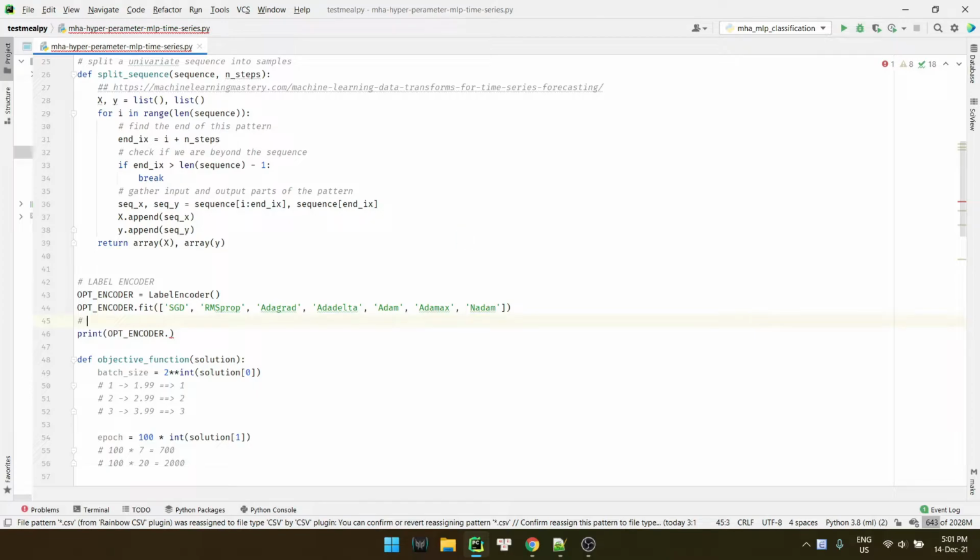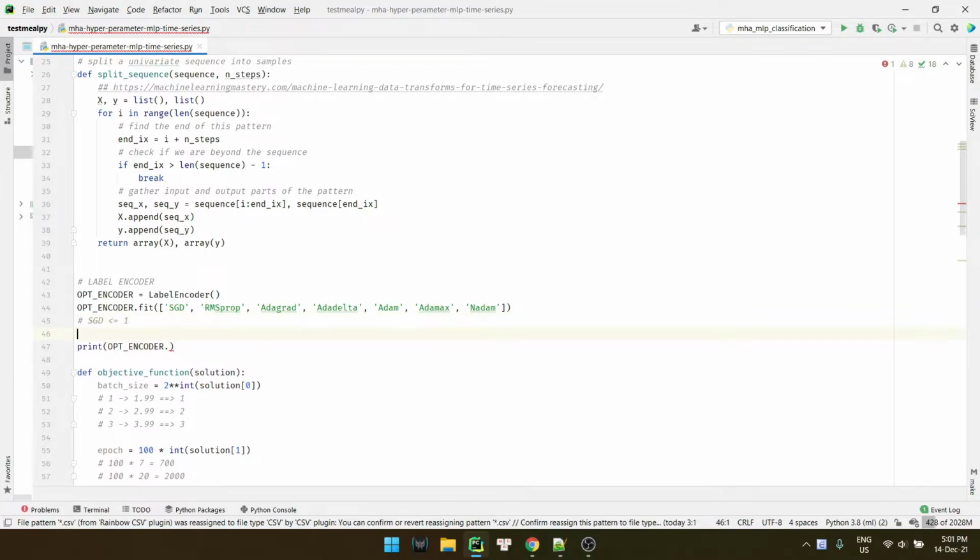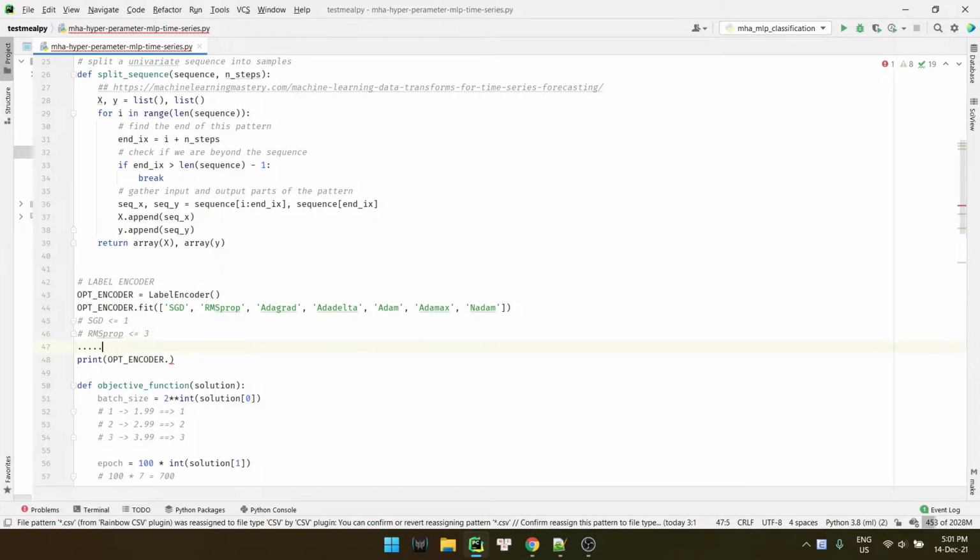For example, SGD may be assigned the number 1, and RMSprop may be assigned the number 3, and so on.